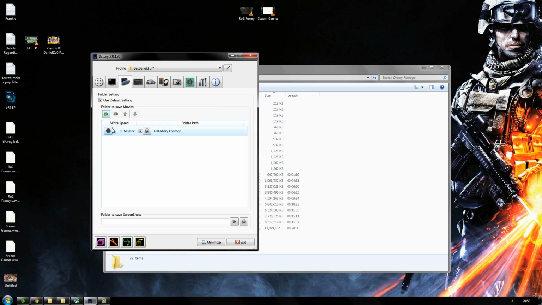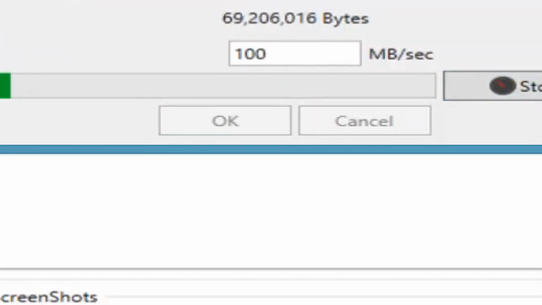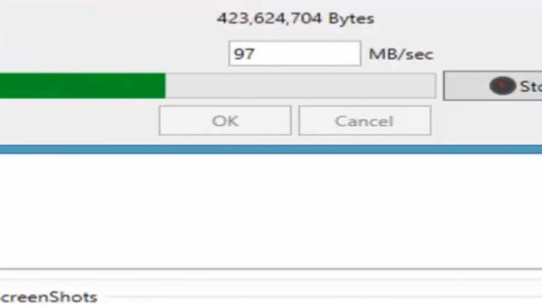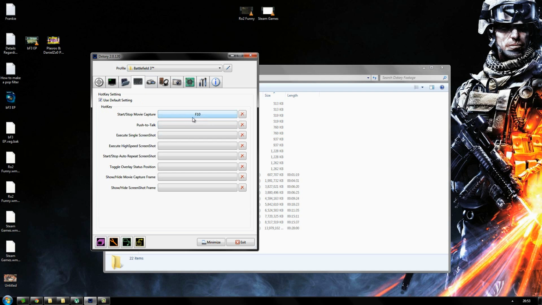Now, this program has a benchmark which lets you see your writing speed on that current drive. Now, to do this, you just need to press this button and then press Run. Now, on the hotkey tab, I only use the start and stop movie capture button, which is in my case F10. You can change this to any other key, like for example F2 or F3, but I prefer to use